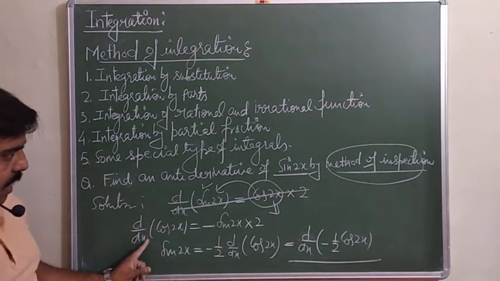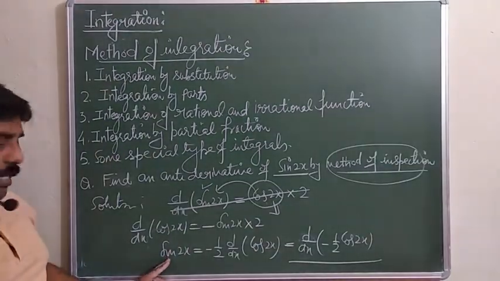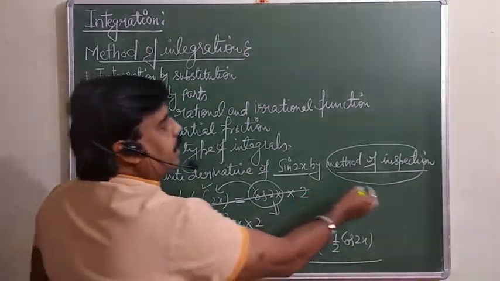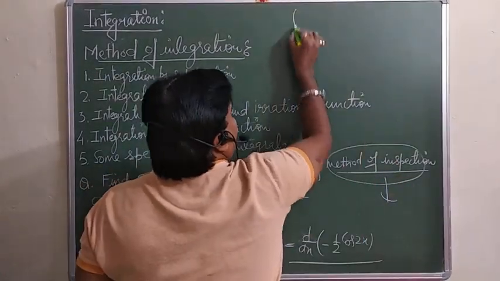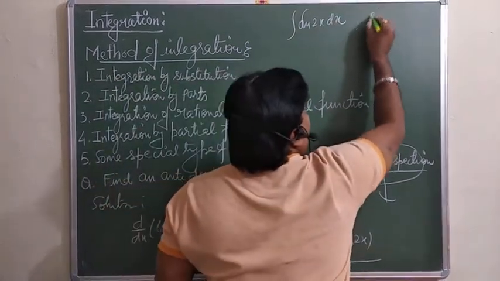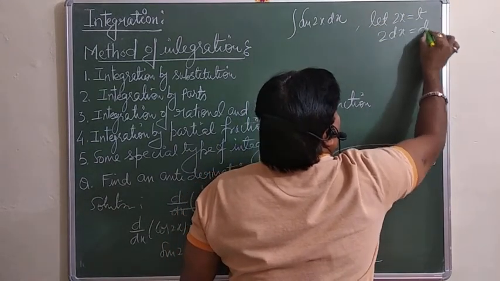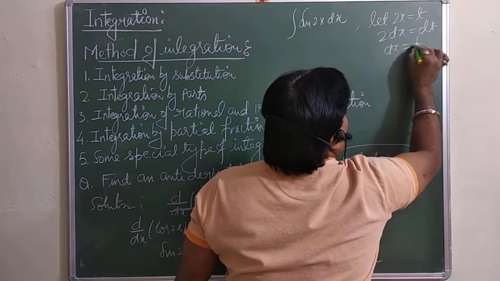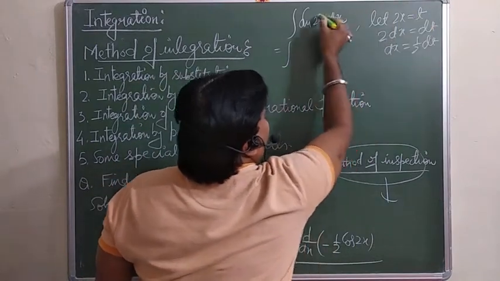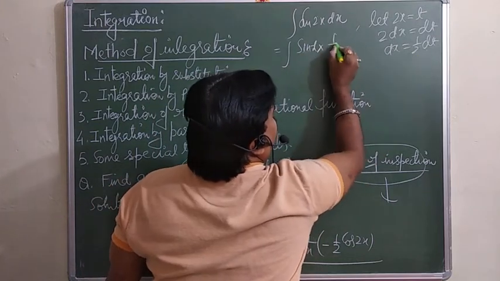It means if you take the derivative of this one, you will get sin 2x, and if you take the antiderivative of sin 2x, you will get this one. If we apply the substitution method in place of this, what will we do? Like the integral of sin 2x dx, you can assume that 2x is equal to t, so 2 dx is equal to dt. So from here you will get dx is equal to 1 by 2 dt. So you will get sin 2x, which we already assumed to be t, so this is sin t into, in place of dx, 1 by 2 dt.